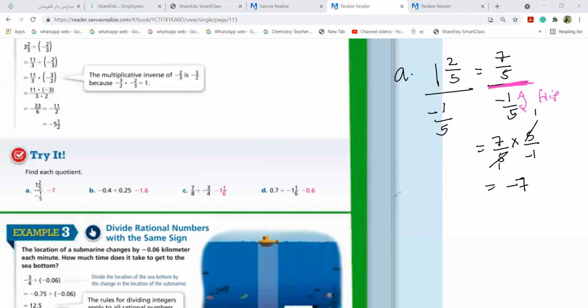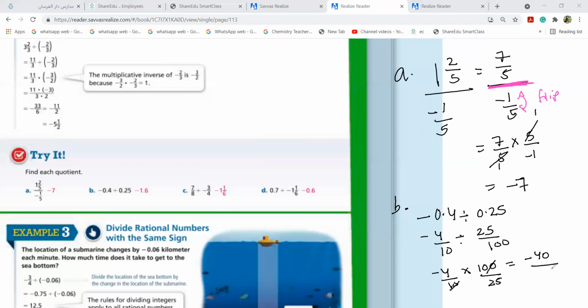Number B. Minus 0.4 divided by 0.25. How will you do this? Minus 4/10 divided by 25/100. Come on, flip. Minus 4/10 multiply 100/25. Cut. It's remaining minus 40/25. If I divide them,